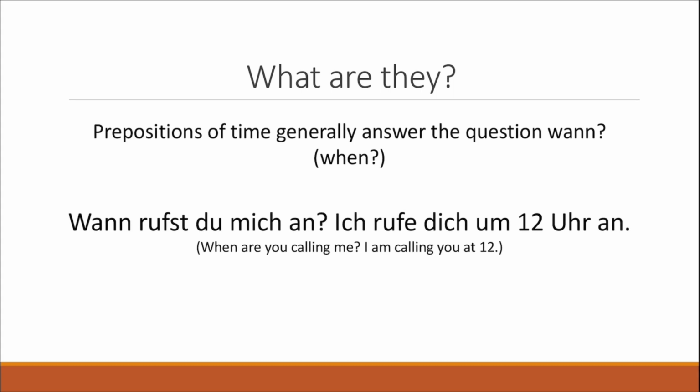Wann rufst du mich an? Ich rufe dich um 12 Uhr an, which means when are you calling me? I'm calling you at 12. And in this case, if we consider this sentence, we can see how the preposition of time um, which means at in English, is preceding the expression 12 o'clock and is, therefore, describing it. So it's used here to describe this time of the day by preceding the noun, in this case by preceding